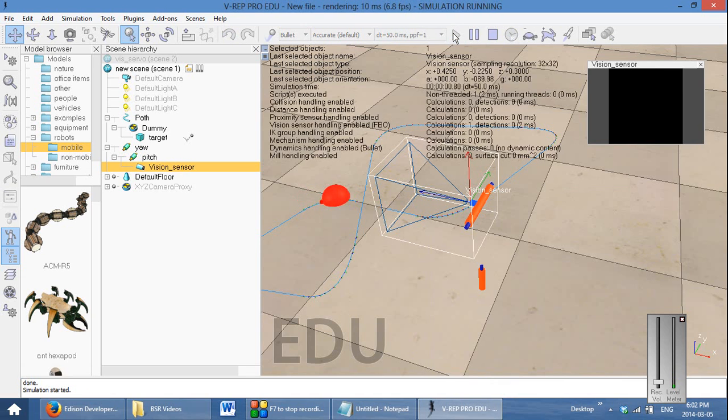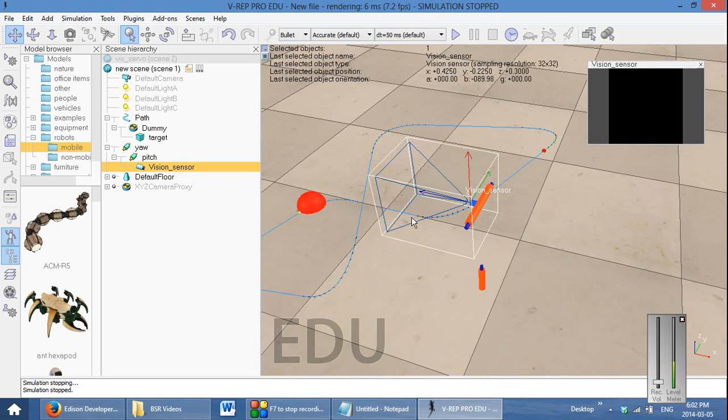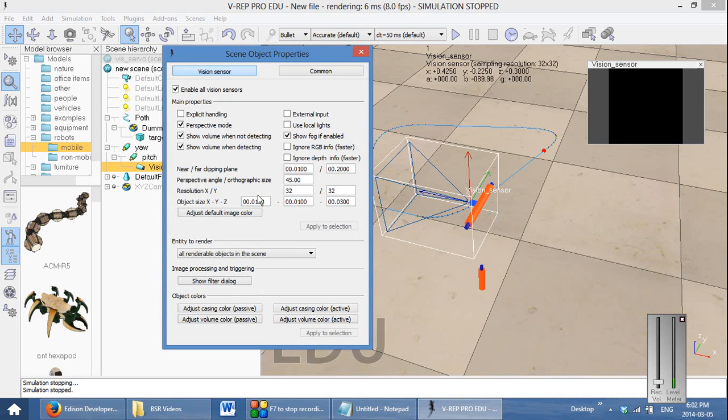If you run it now, you will find that it's only showing black. The reason for that is that there is actually no object within that pyramid, because that pyramid indicates how far it can see. So now let's play around with the settings a little bit. Double click on the camera icon, and here where it says near far clipping distance, it indicates how near to the camera it clips off and what's the maximum distance that it can detect. So maybe select 3.0 meters